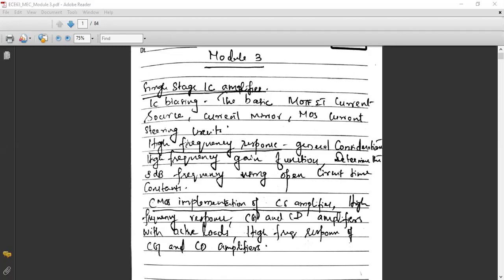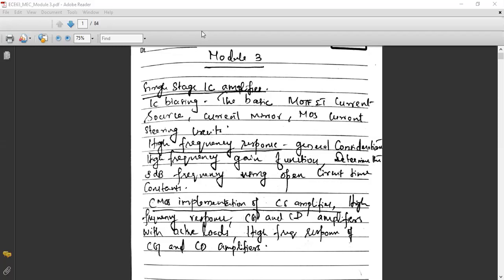What do you mean by frequency response? Frequency response is nothing but a graph that shows the relationship between the gain and frequency of an amplifier. That is, whenever the frequency changes, how the gain of the amplifier will change. That is what is known as frequency response. After a particular frequency, the gain will decrease. The frequency at which the gain decreases to 70.7%, meaning 0.707 of maximum gain, is nothing but the 3 dB gain point. That is why the particular frequency at which the gain is reduced to 0.707 of maximum value is known as the cutoff frequency or 3 dB cutoff frequency.